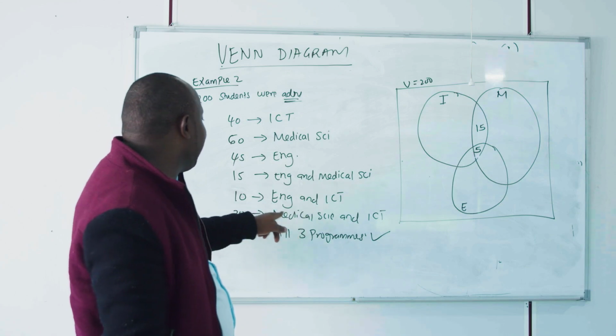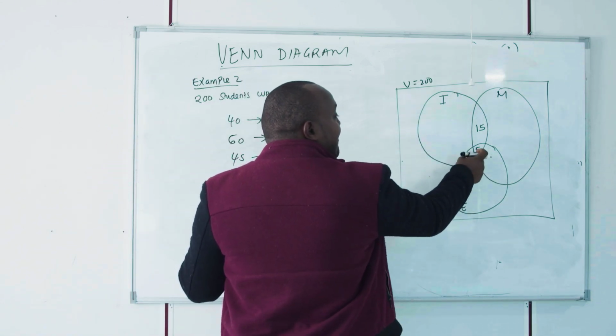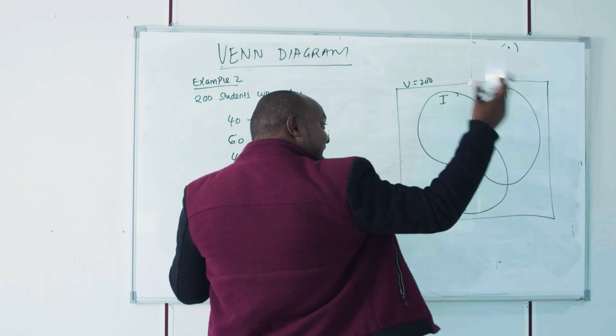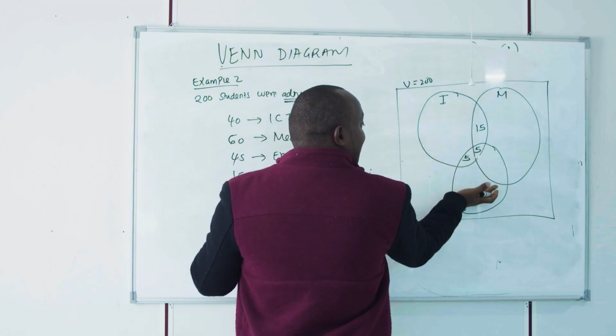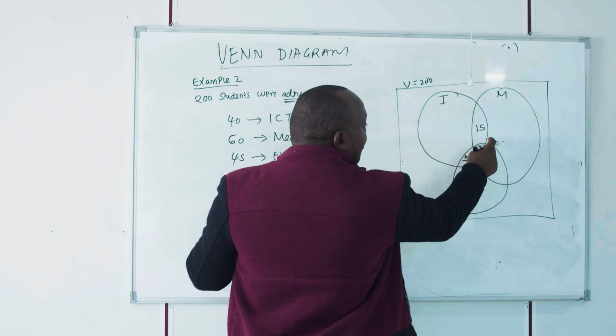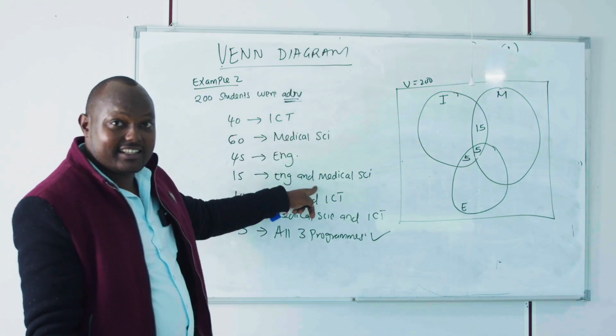Again, engineering and ICT had 10, but already 5 chose they had added another program, so this one becomes 5, so that the intersection of engineering and ICT will be 10. Again, engineering and medical sciences,